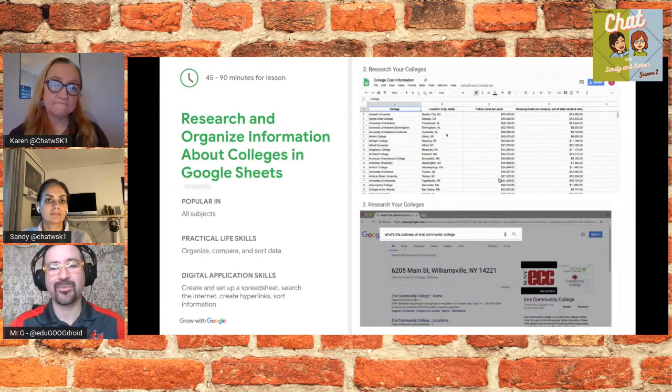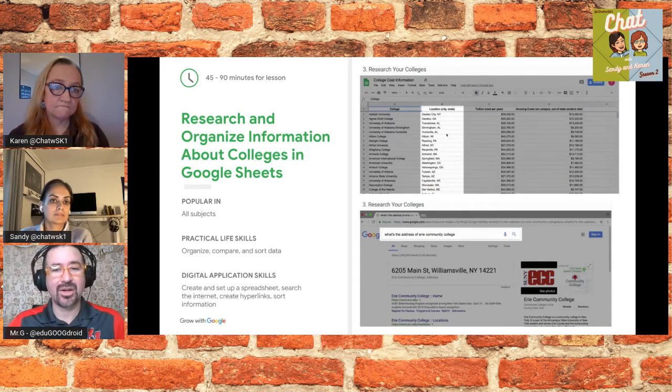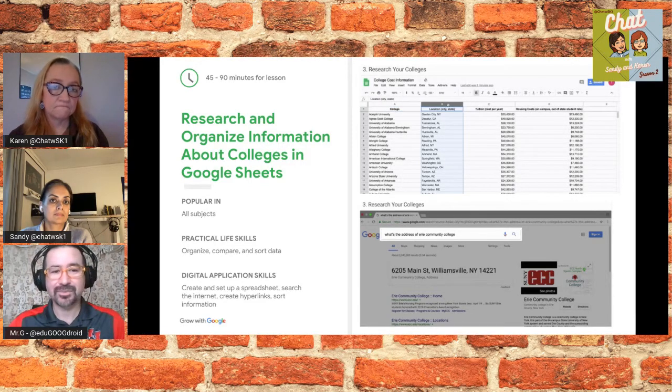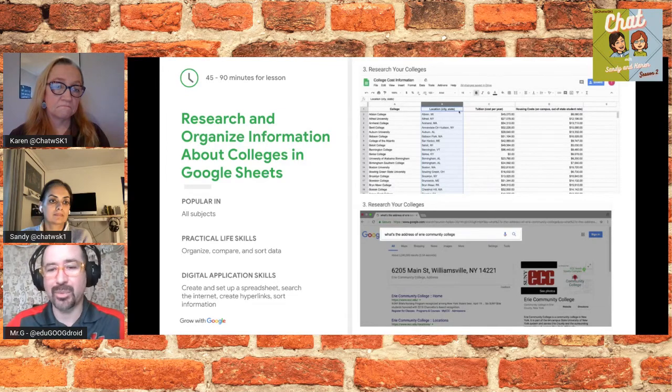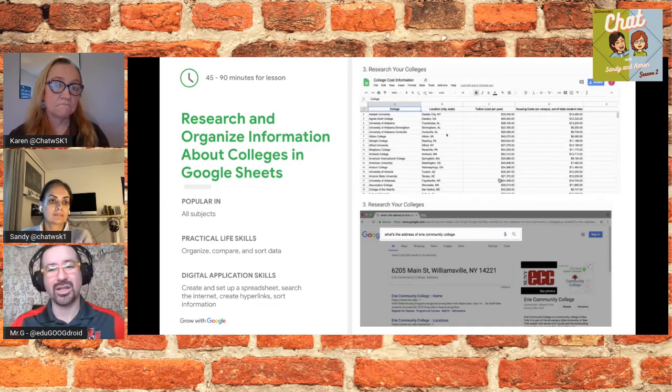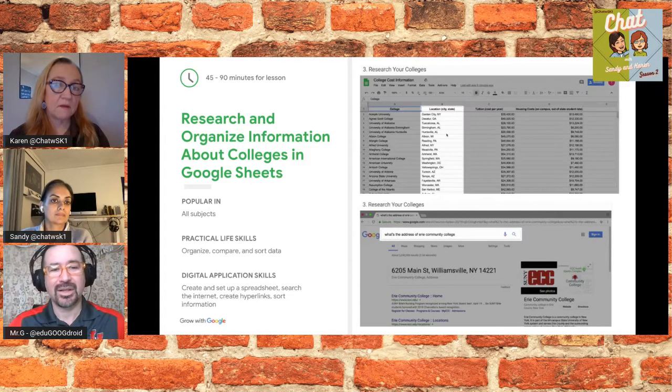Here's another example. This one says, research and organize information about colleges in Google Sheets. But you don't have to research about colleges. You can do research on any topic. So you would scratch the word colleges and fill in the blank, right? Yeah. And this is how you would